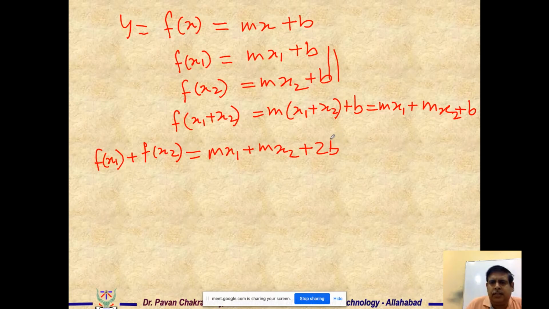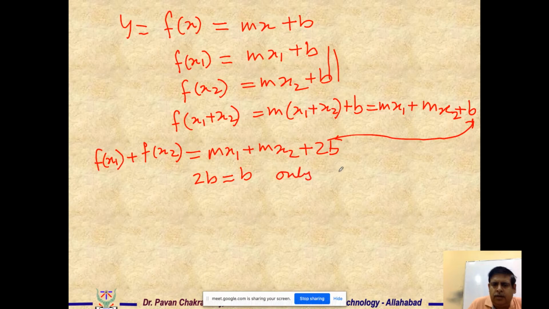So here you see that this is 2b and this is a single b, right? So 2b is equal to b only when b is equal to 0. So we see that this function, which is an equation of a straight line, is not a linear function,